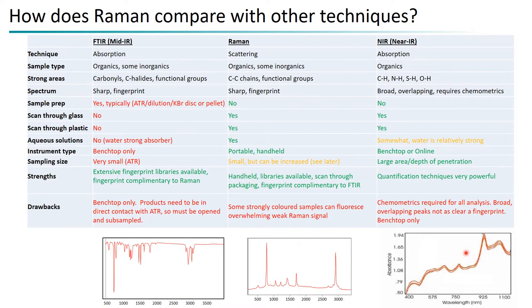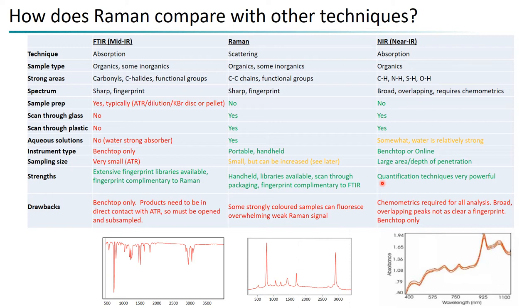So in terms of the strengths and weaknesses of all techniques, the FTIR is most widely used, and there are extensive fingerprint libraries available. The Raman is extremely similar in that regard, but its big strengths are the portability and the lack of sample preparation. The near-infrared, above the other two techniques, has better capabilities in terms of quantification, because it's more representative of the sample and extremely reproducible in terms of looking at small differences between different samples,